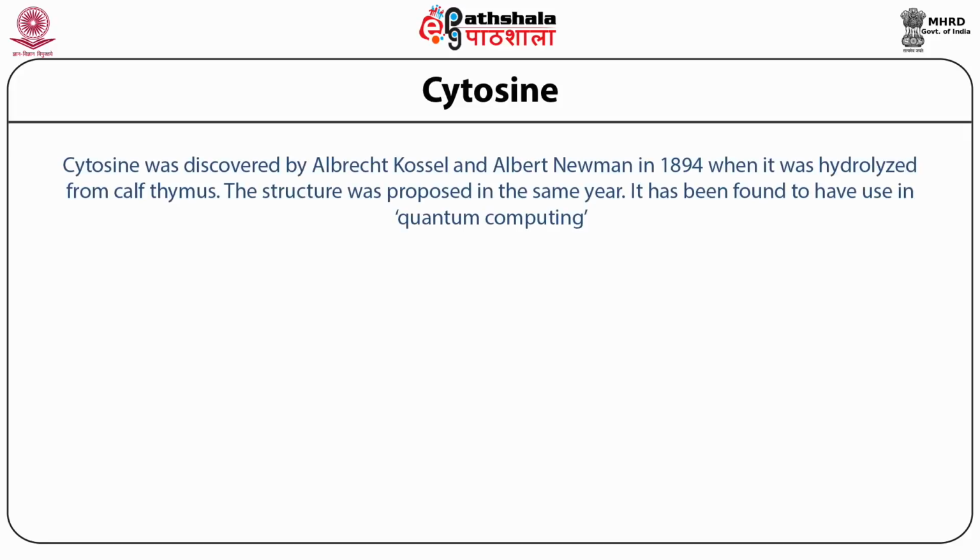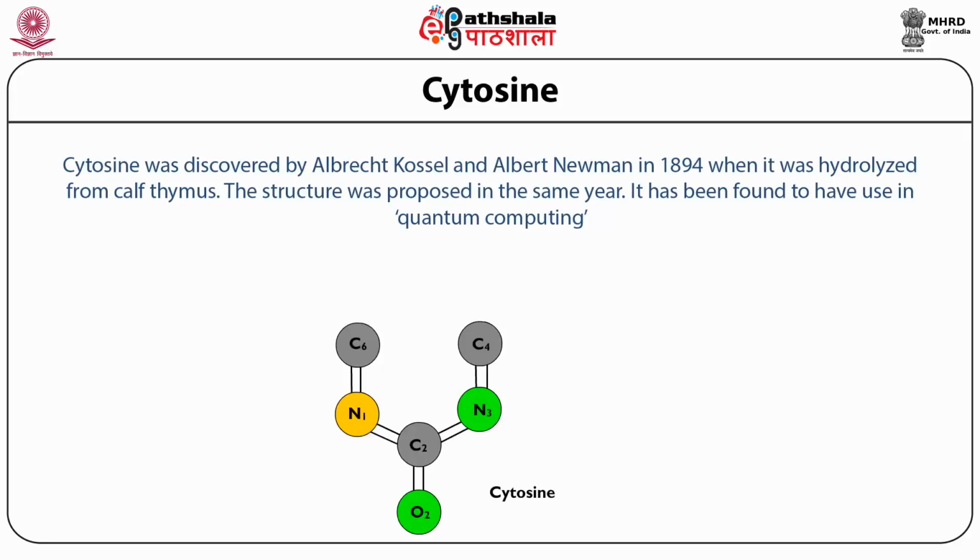Cytosine. Cytosine was discovered by Albrecht Kossel and Albert Neumann in 1894 when it was hydrolyzed from calf thymus. The structure was proposed in the same year. It has been found to have a great use in quantum computing. We show in this picture a cardboard model of cytosine, and for your information, Watson and Crick built their original structure